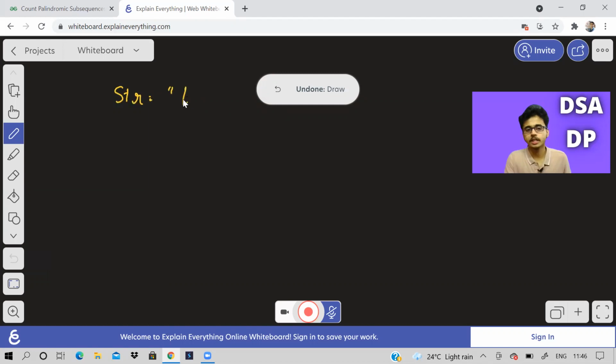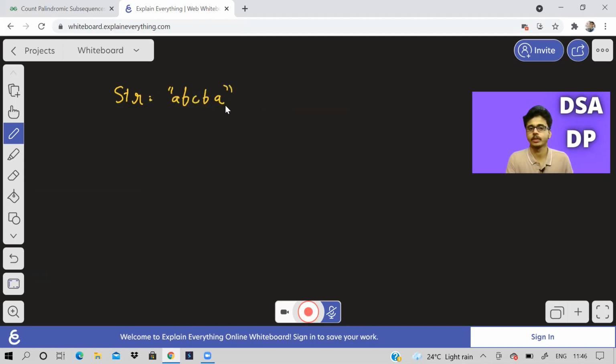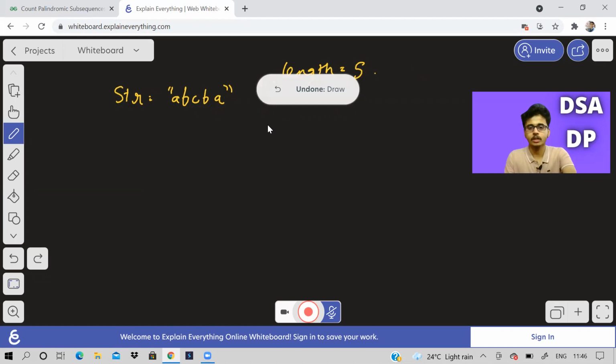Suppose our string is now, let us take a slightly big example now. ABCBA. Length of the string is equal to 5. Here we can observe that we can't make any direct conclusion. Like when the length was 1 or 2, we could directly do some observations and get it. As and when the length increases, we can't do any direct thing. So here we have to get some algorithm, correct? So the case where length 1 and length 2 we have already discussed, it can act as a base case. Like we don't have to calculate it, we already know it, right? So that was helpful. We will use that in the future, okay?